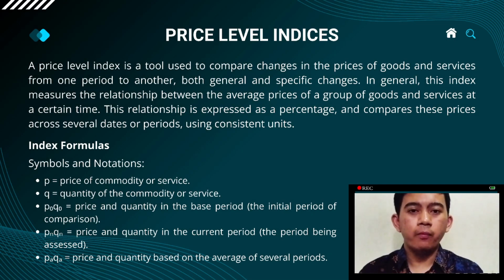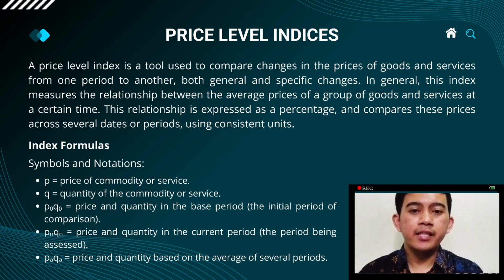Next is the presentation of material about price level indexes. A price level index is a tool used to compare price changes that occur, both general changes and specific changes to goods and services from one period to another. This index aims to measure the average price change of a group of goods and services within a certain time span. The relationship is expressed as a percentage, making it easier to understand how much price increase or decrease has occurred